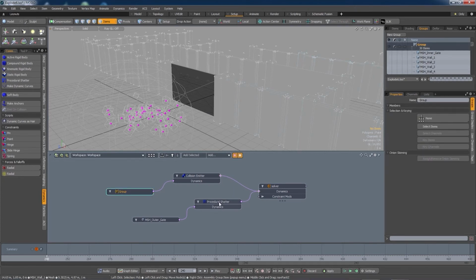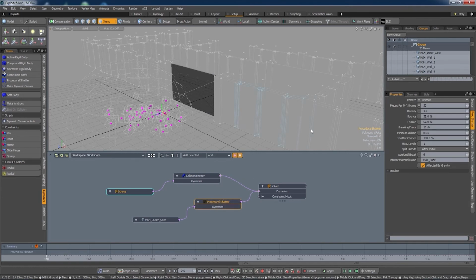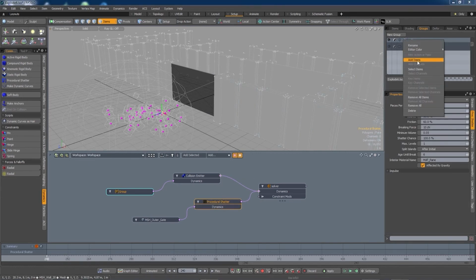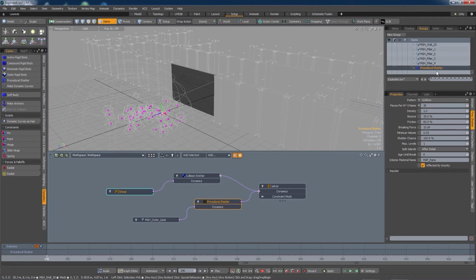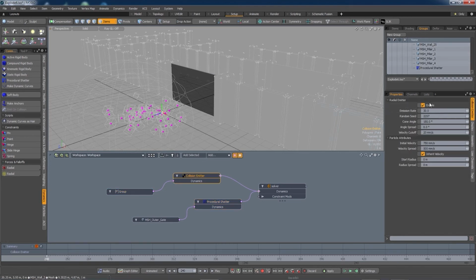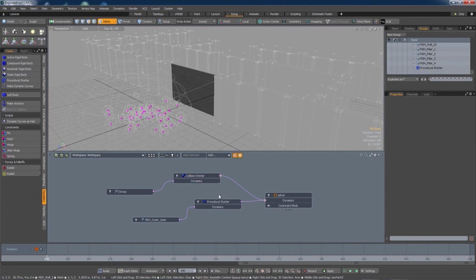select the procedural shatter object, and then add the item into the group. So now all of the shards from the shatter will also be included in the emit on collision. Now this can generate quite a lot of particles, so I think I will reduce the emission rate to maybe 10. And then there's a subtle issue with this scene now, in that if I click on here, you'll see